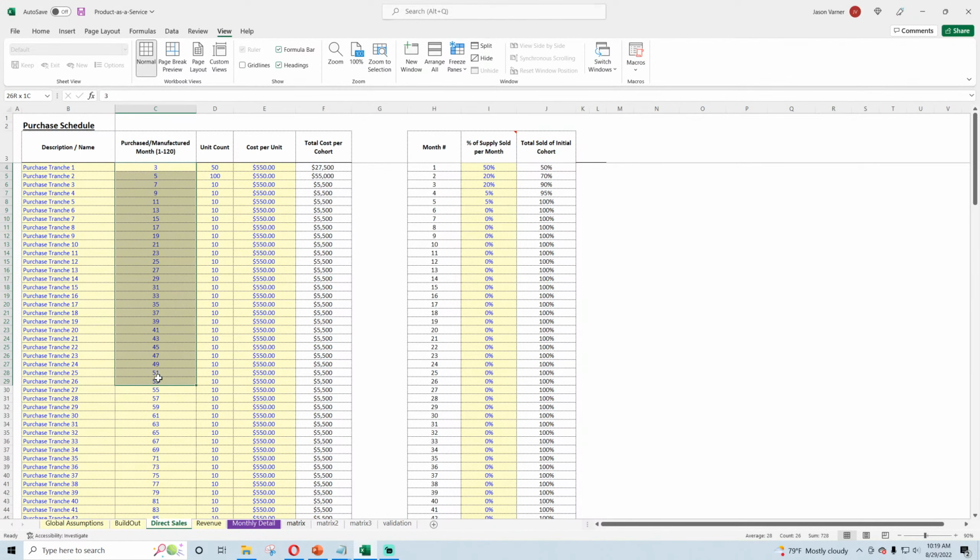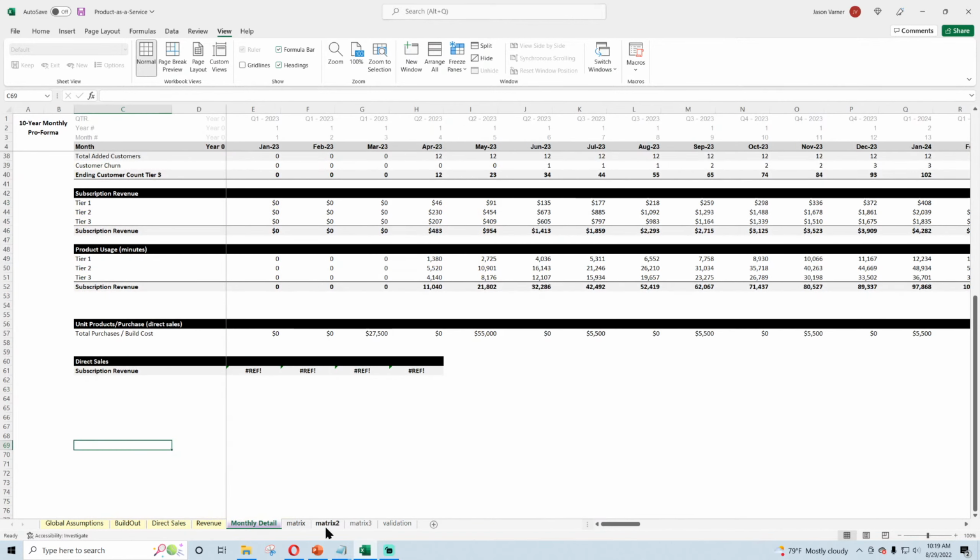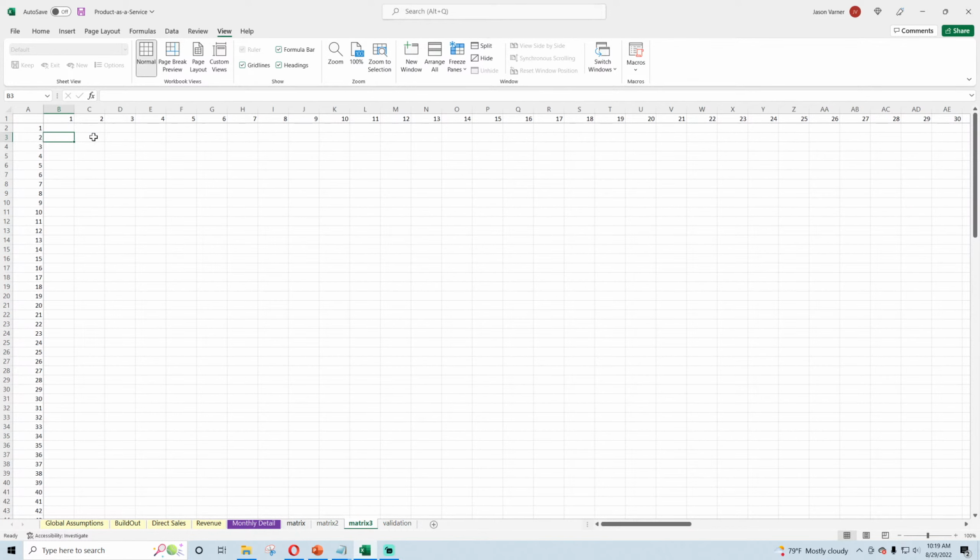We have the month going down and the unit count. Let's see, how do we want to do this? So if I go over summing based on this, it'll just be one row, or if I go,